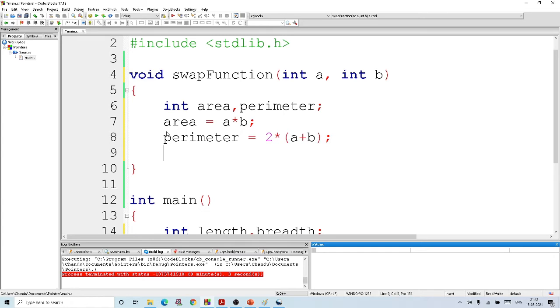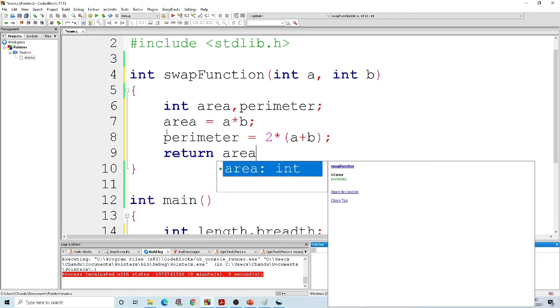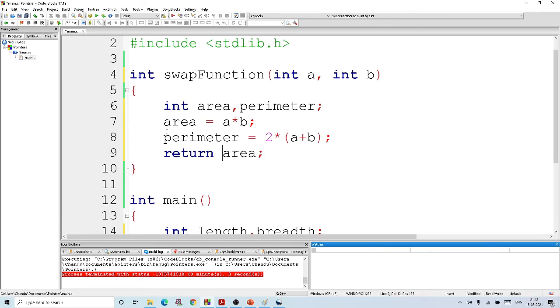But now, how do I send the value of area and perimeter to the main function? If I give int, I can return only one value. I can either return area or return perimeter, but I cannot return both at the same time.